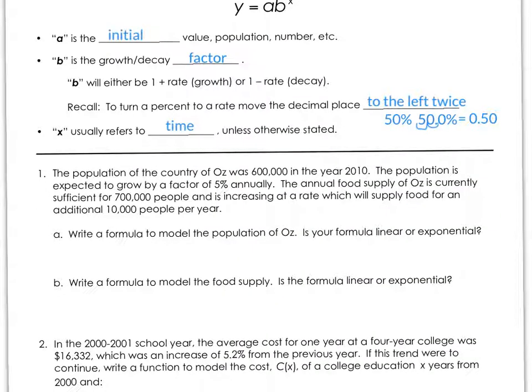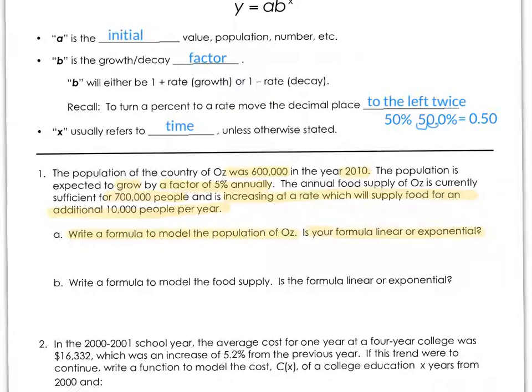So if we read through, the population of the country of Oz was 600,000 in the year 2010. The population is expected to grow by a factor of 5% annually. The annual food supply for Oz is currently sufficient for 700,000 people and is increasing at a rate which will supply food for an additional 10,000 people per year. Then they want us to write a formula to model the population of Oz and figure out if our formula